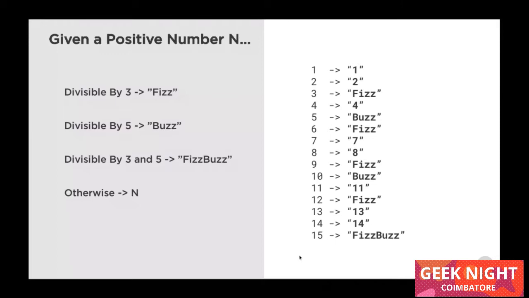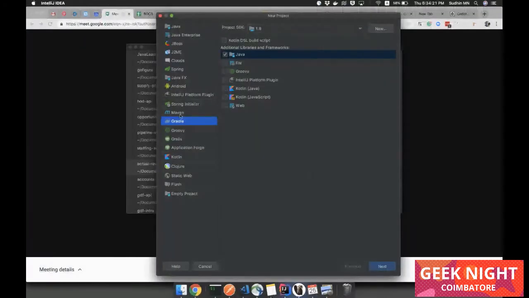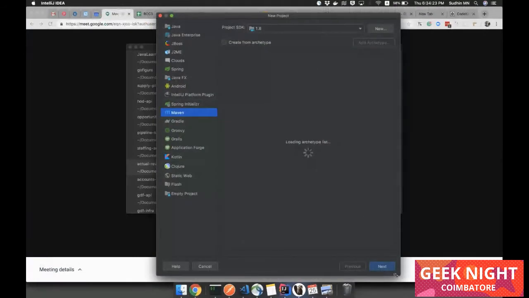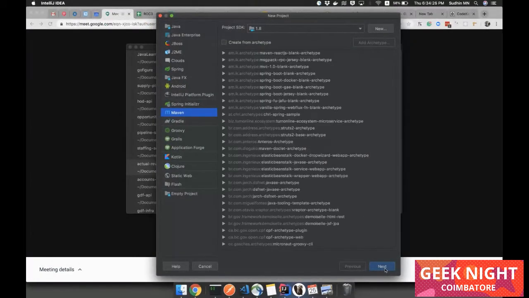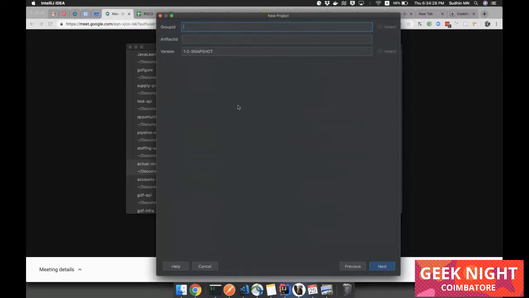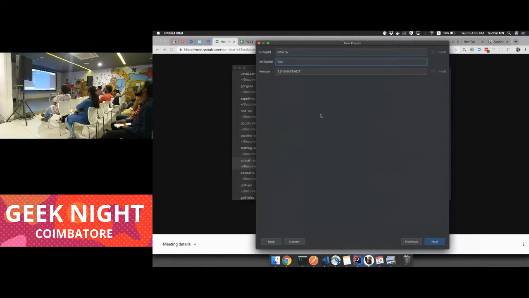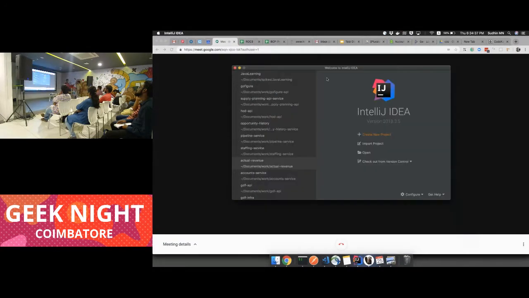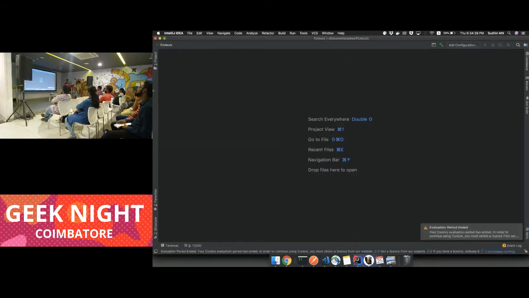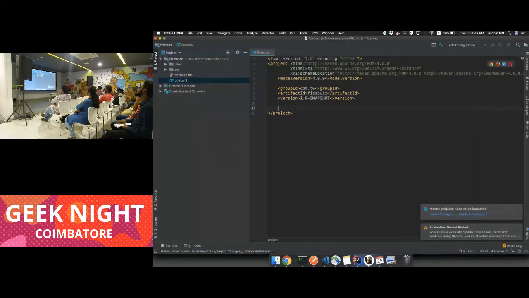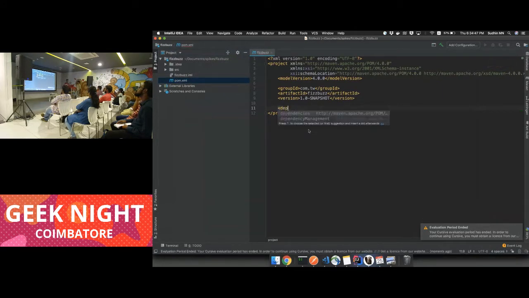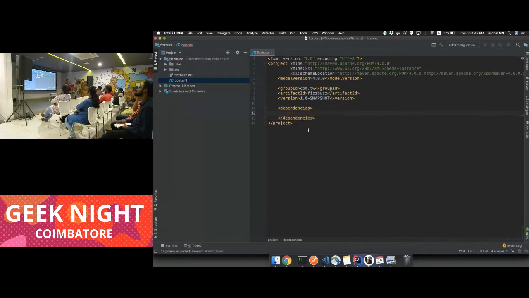And we'll again write a test and again write the production code. Let's add a JUnit dependency.